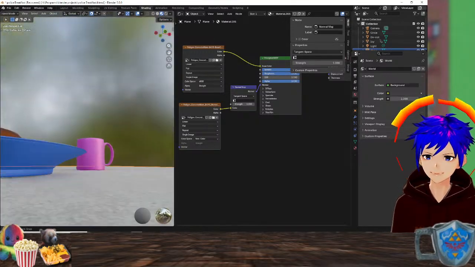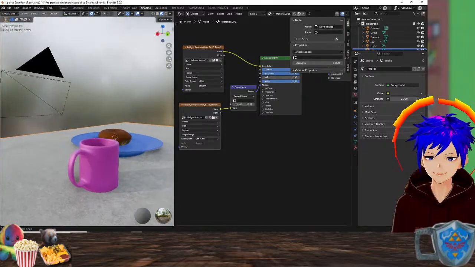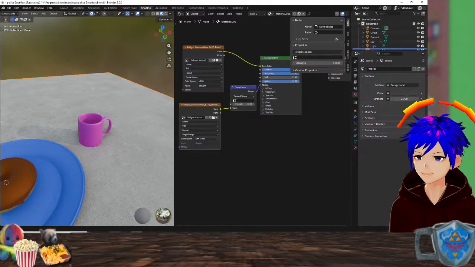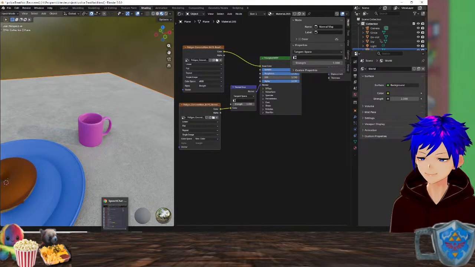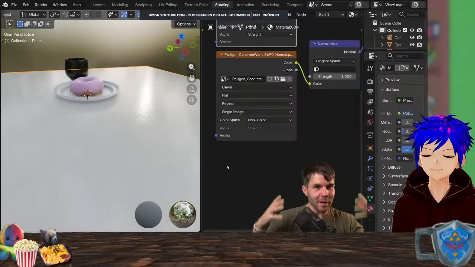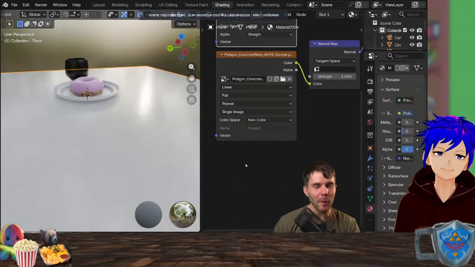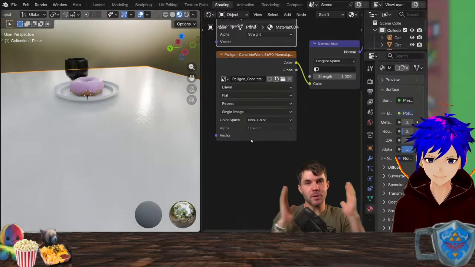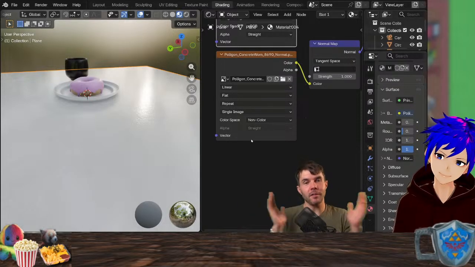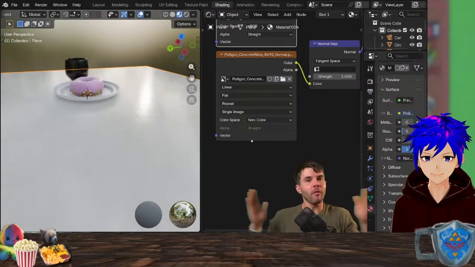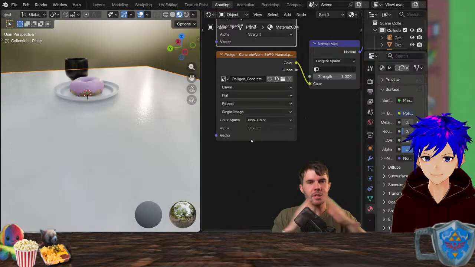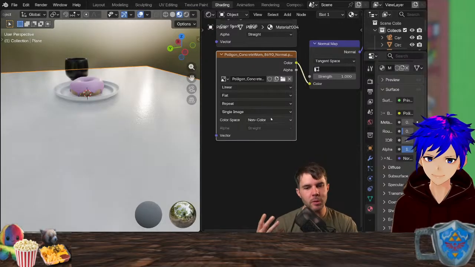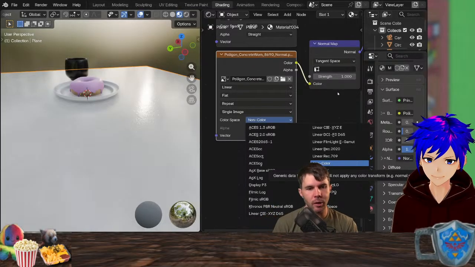Now it already looks a lot better. It looks like there's some imperfections in the concrete. Huh. Very cool. Getting technical, I keep saying that because these shaders are very technical. It's converting it to linear space, or it's actually not doing any conversion. It's just saying let's use the raw values from that and just use it linear. Anyway. Other software sometimes call those utility maps, but Blender is non-color data.